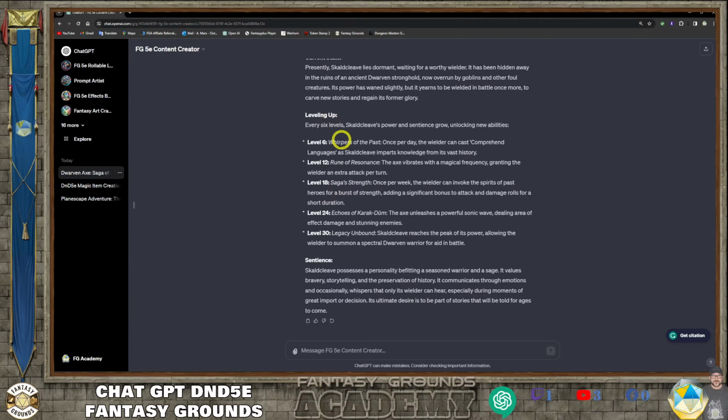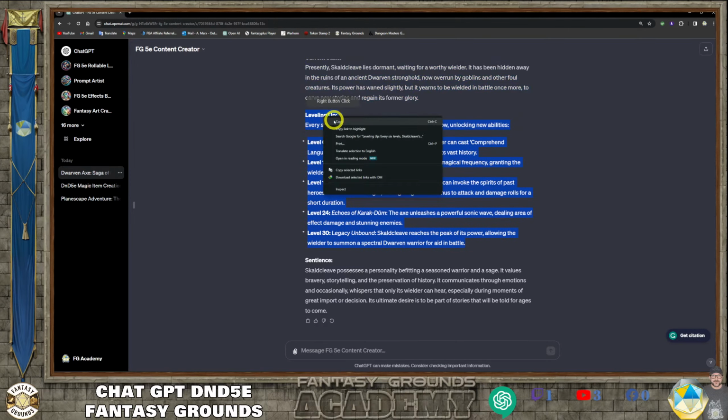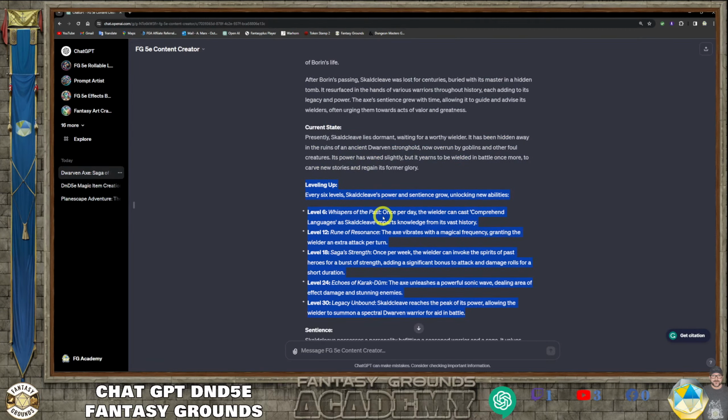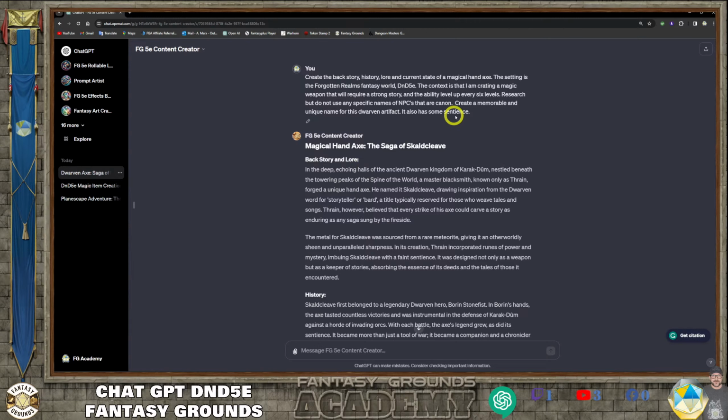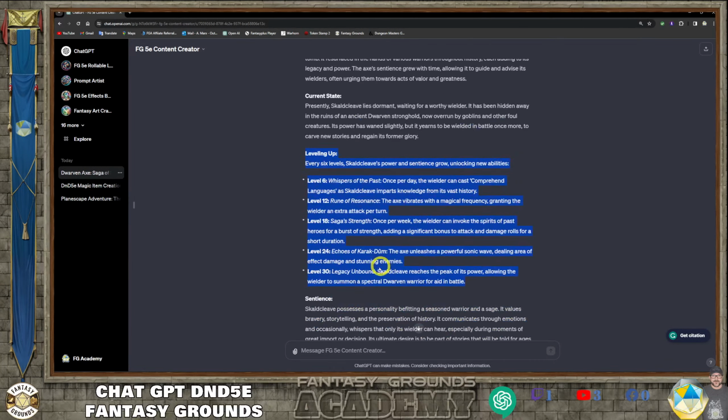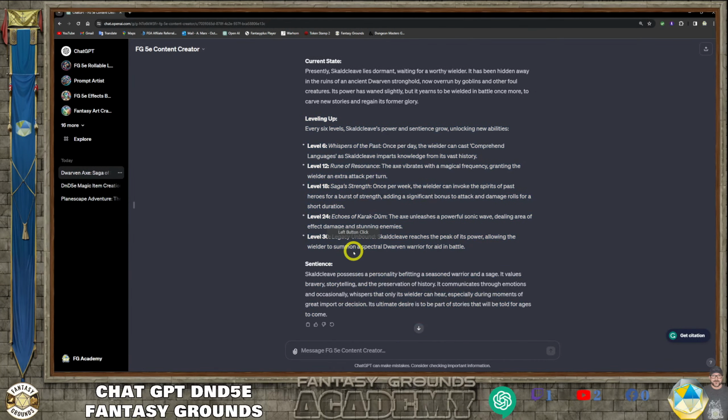But I'm going to change this leveling up part because I did not specify how I wanted to tier it, so that was on me. So in the beginning, I should have said, hey, see, it says to level up every 6 levels, but I didn't give it a cap. So it went all the way up to level 30, which I don't think is necessary. So I'm just going to say, please limit and combine to only